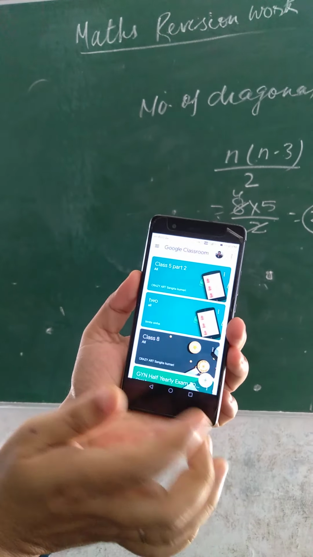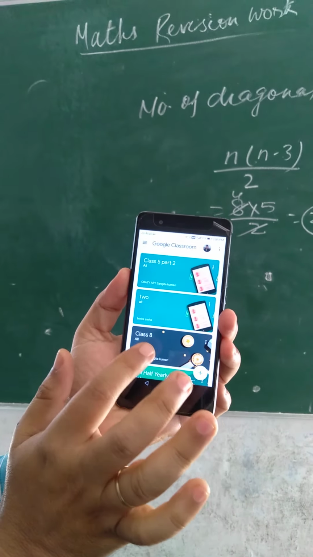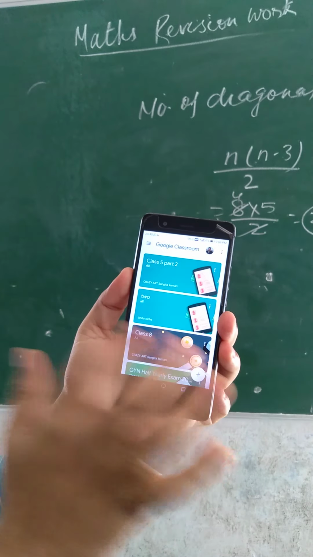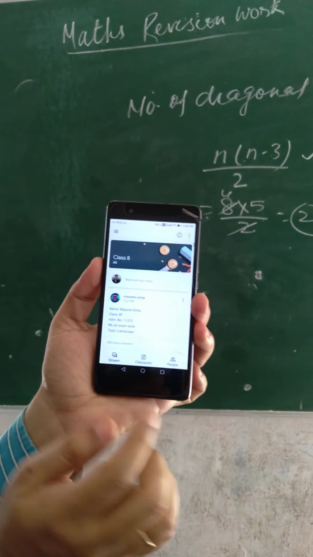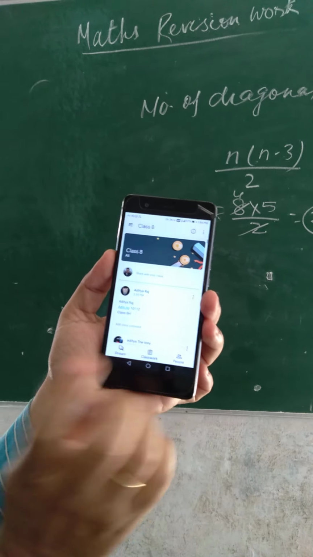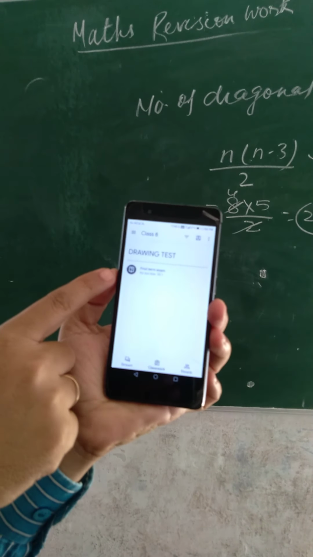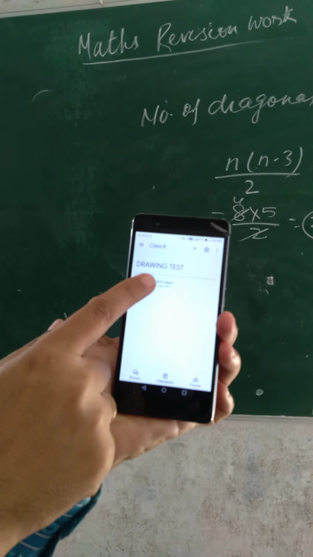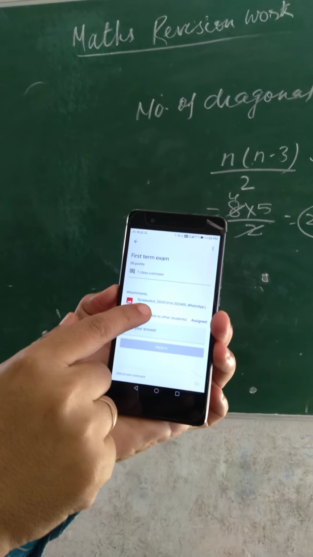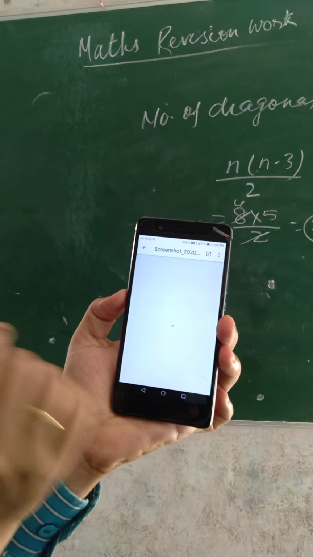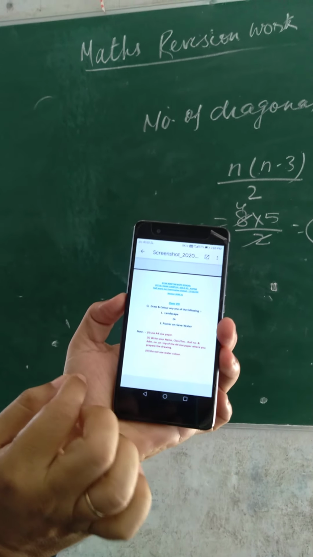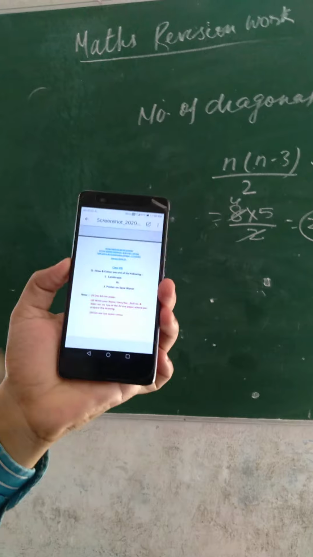For this purpose, first of all you have to click on your classroom, such as I am going to click on class 8, and then click on the classwork option which is given below. Click here, and then you can view the first term examination. You have to click on these icons, and then click on the screenshot option. Then the questions will be displayed on your screen and you can view them,